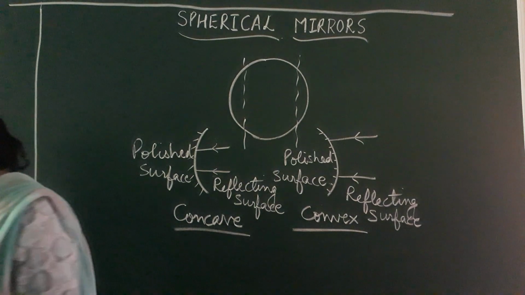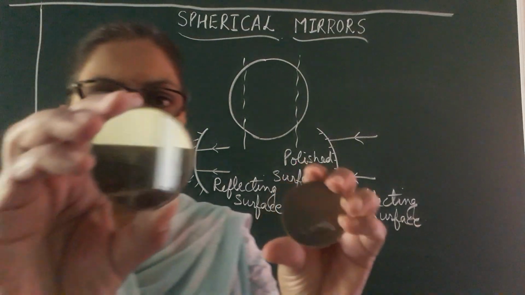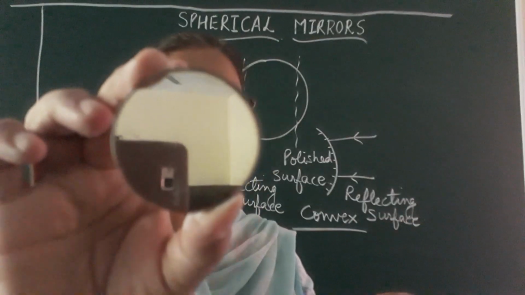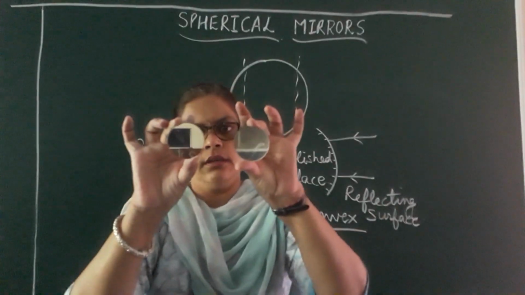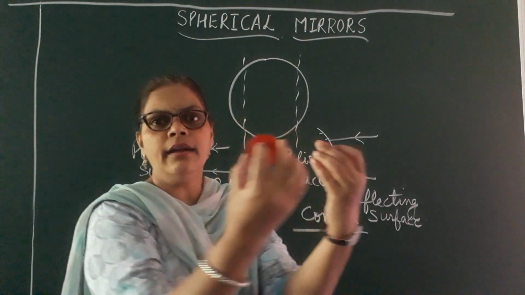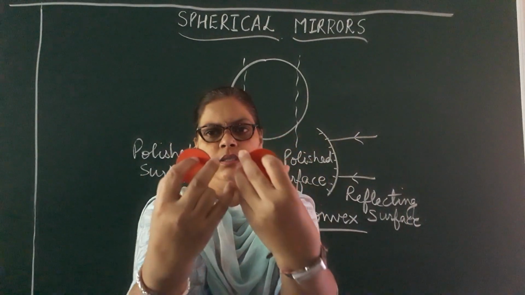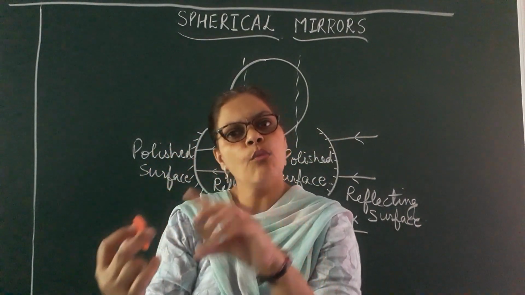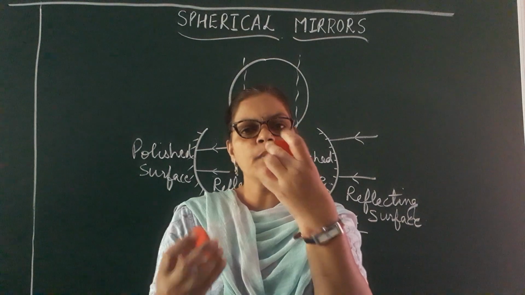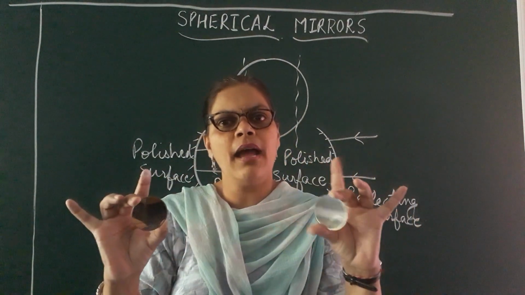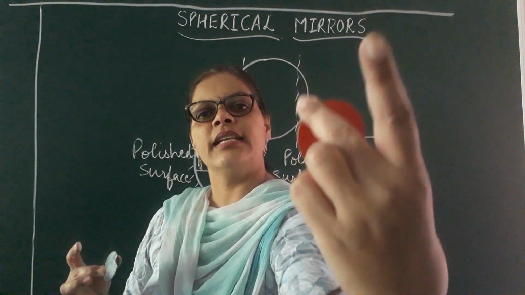And children, I have also brought these two mirrors with me. I want you to have a look. You can see one mirror is a convex mirror, while this is a concave. They more or less look similar to each other. But I am holding them in my hand and observing my image in both. In one of the mirrors, my image is smaller in size and very clear. While in the other one, when I place it very close, my image is highly magnified, and as I take this mirror away, the image gets inverted.